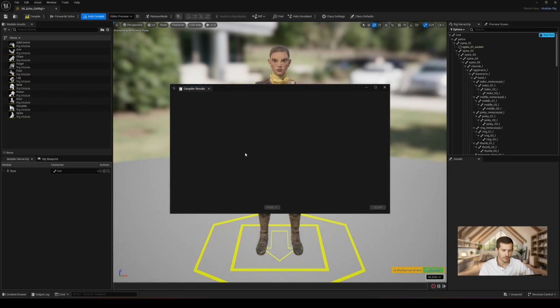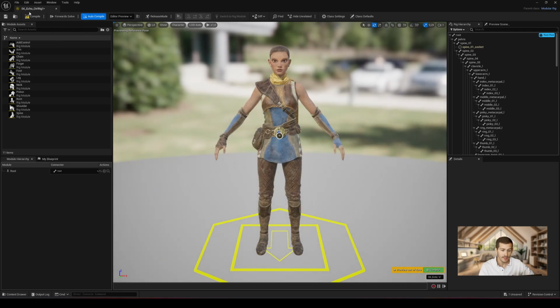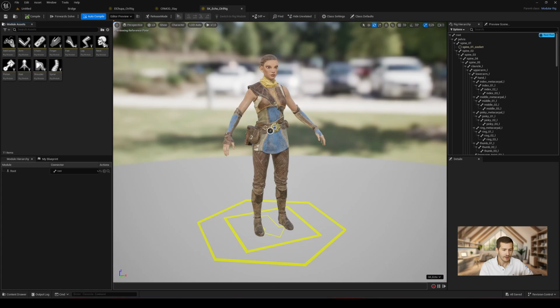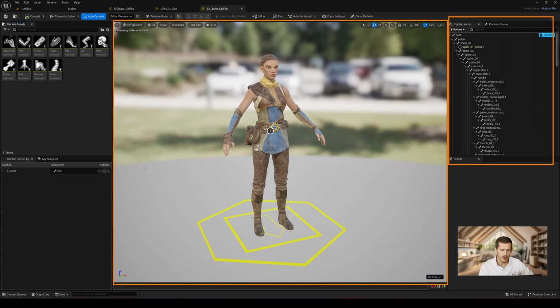The compiler result window should appear in the middle of our UI, but you can close it without any problem. Just a reminder, the tool is still experimental, so expect a few bugs from time to time. We find a fairly simple and familiar interface, which is already a very good point. Everything will happen with the modules you see on the left side of your UI.